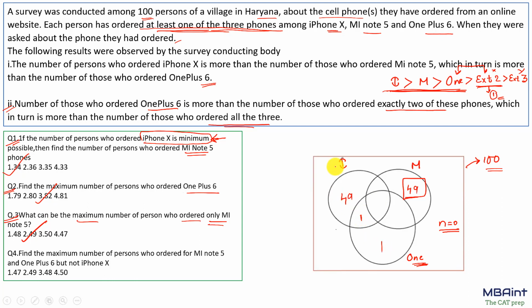You can have other way of doing it. Like if it was 49 over here and we kept 51 over here. So what we could have done is that we could have made 1 over here and then 50. Now in that case, 1 plus and exactly 2 are the same. So how to reduce this? Let's make it now as 49 and now make it as 1. Now in this case, 1 plus is 50 and iPhone is also 50.